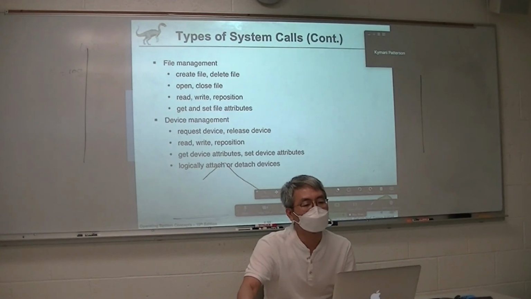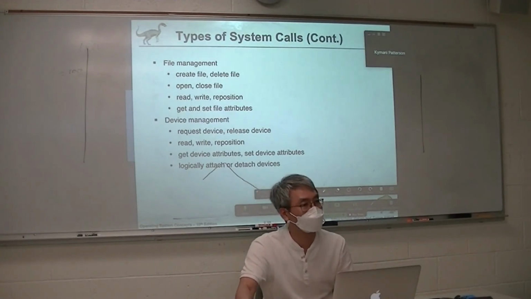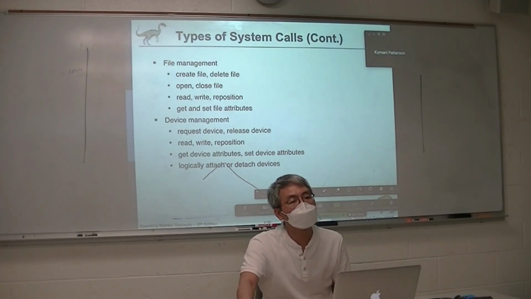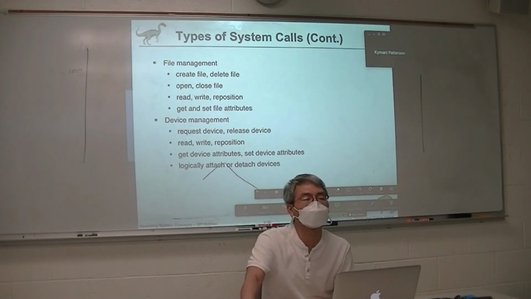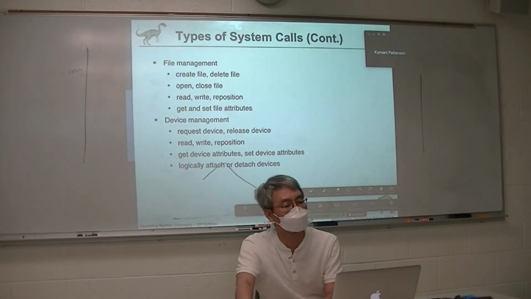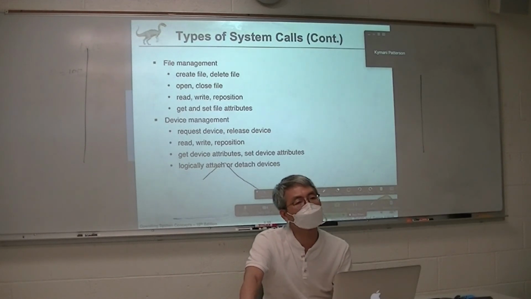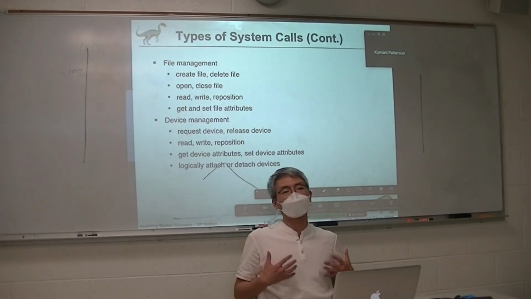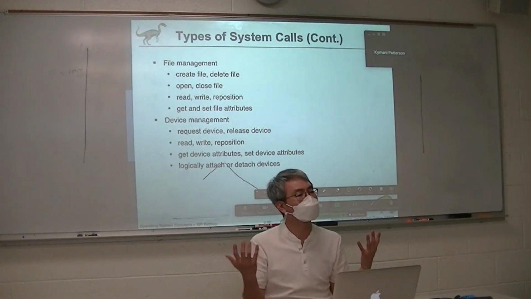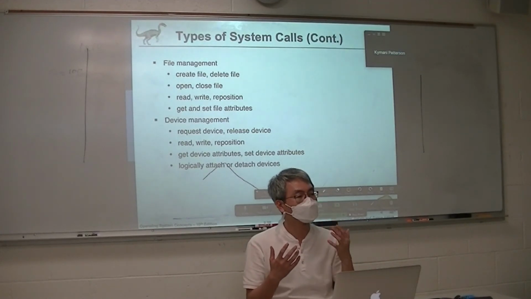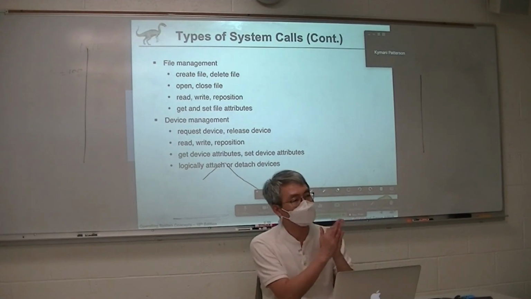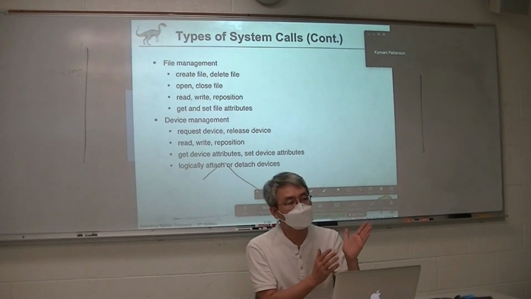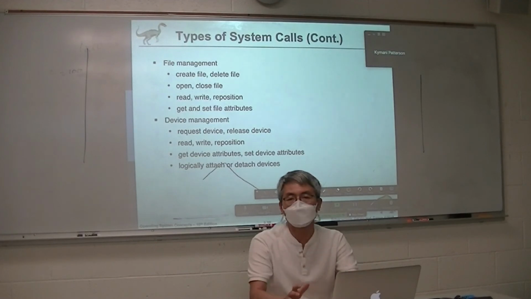system call. Definitely file management, like open file, close file, send data. So these are used for file management, the Unix commands, like cp, move, and so on. And also the device management, as we have seen during the first chapter, we can regard the computer as a bunch of I/O devices. It's all I/O devices. Which means any device, CPU, memory, the disk drive, and even the display, it's an I/O device.